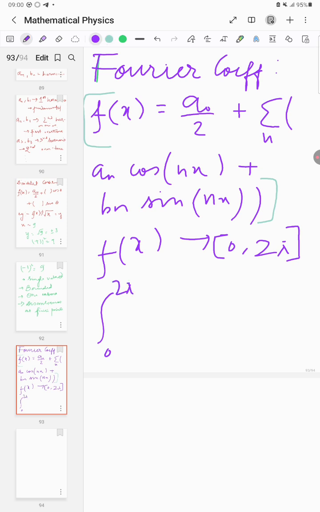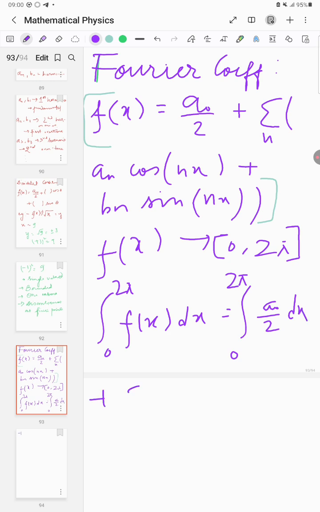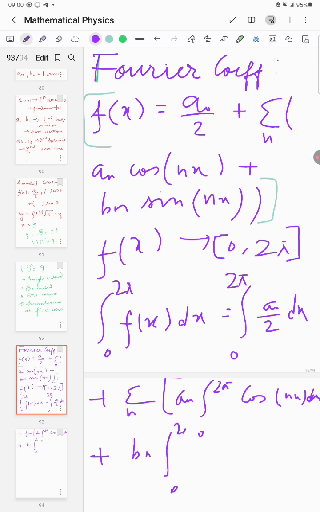All right, so integration 0 to 2 pi f of x dx is equal to integration 0 to 2 pi a naught by 2 dx plus summation over n, an integration 0 to 2 pi cos nx dx plus bn integration 0 to 2 pi sin nx dx. All right,